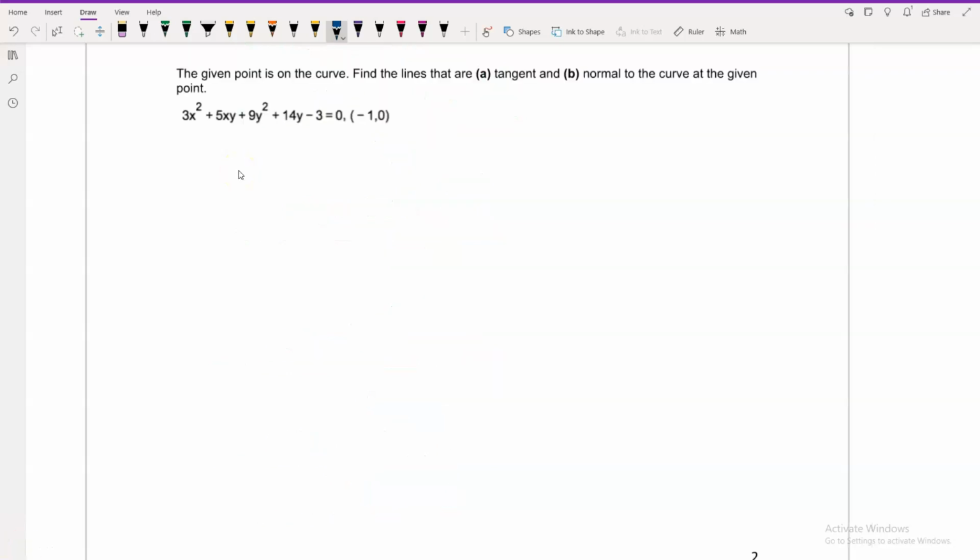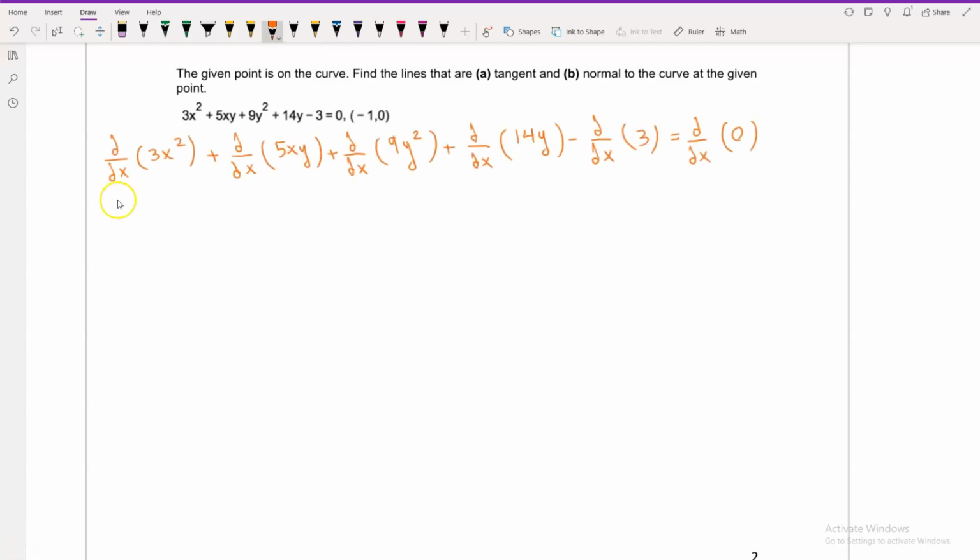The given point is on the curve. Find lines that are tangent and normal to the curve at the given point. So here we have 3x squared plus 5xy plus 9y squared plus 14y minus 3 equal to 0. And our point is negative 1, 0. So here derivative of 3x squared is 6x, and plus here from derivative of 5xy, that is 5 times x times dy divided by dx